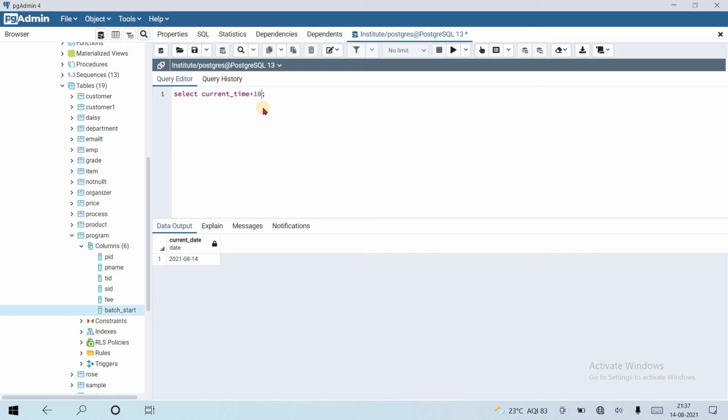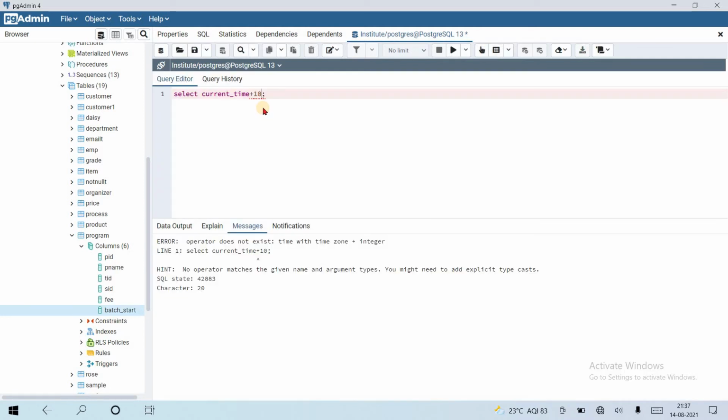In current date, 10 days were added. In current time, we cannot add like that. If it worked, 10 seconds would be added, but it is not going to work. We cannot add an integer to a time.